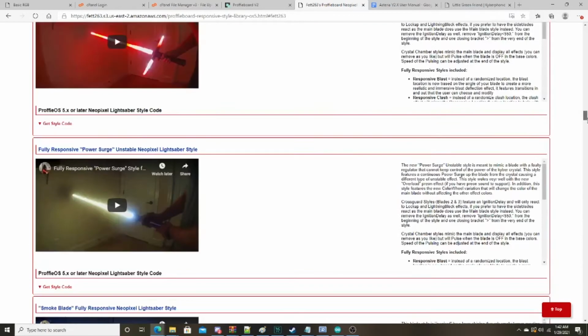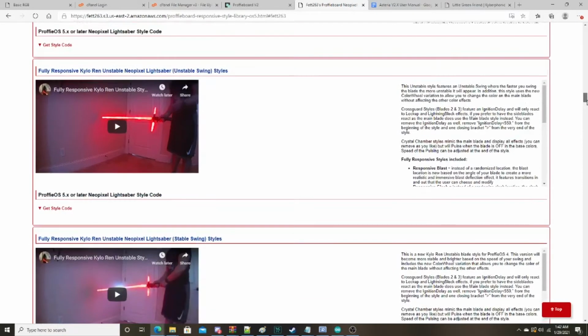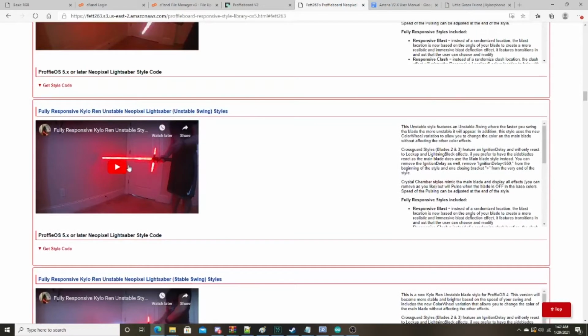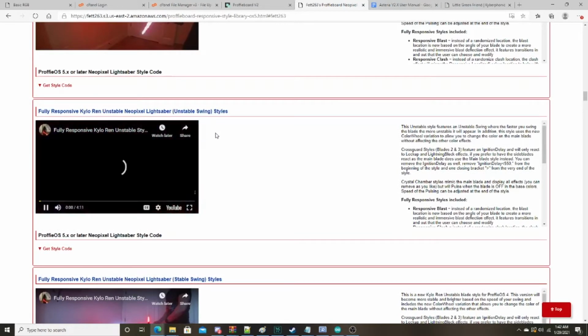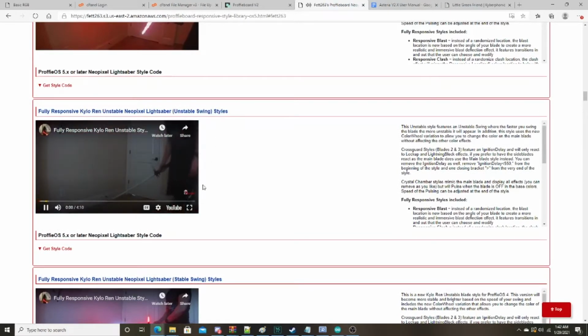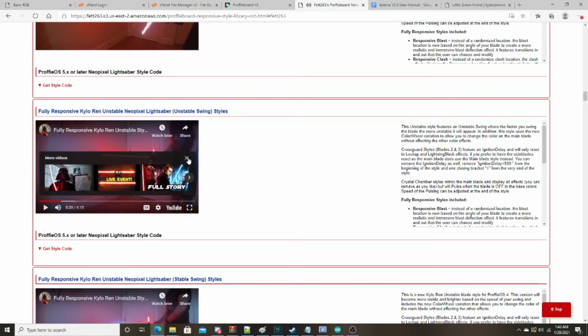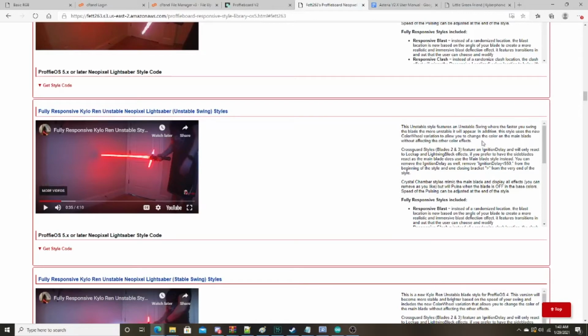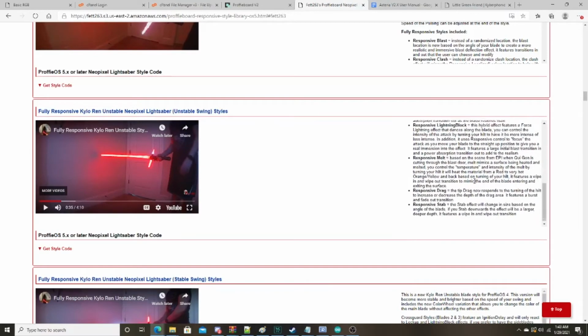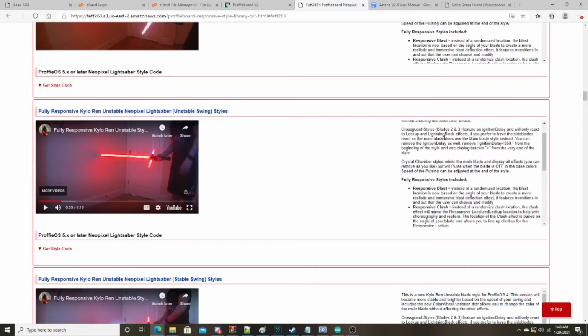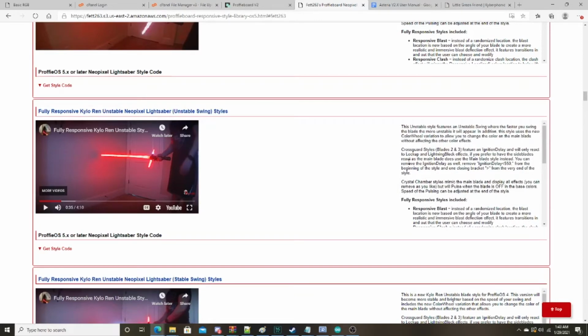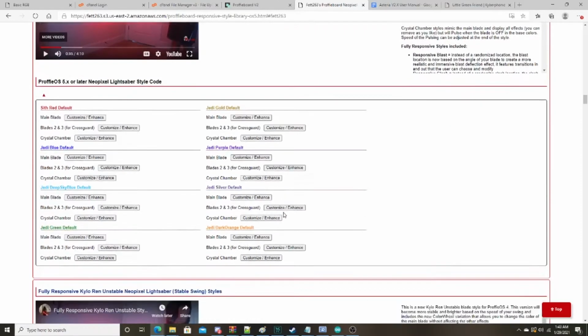So let's just say, for example, maybe I like this Kylo Ren blade style or something. Just watch his video. He does like a little demonstration of the blade, how it looks, and he kind of explains the blade style and stuff like that. You could probably read about the blade style here if you want. And let's just say if you like this blade style, you can just click right here, get style code, and